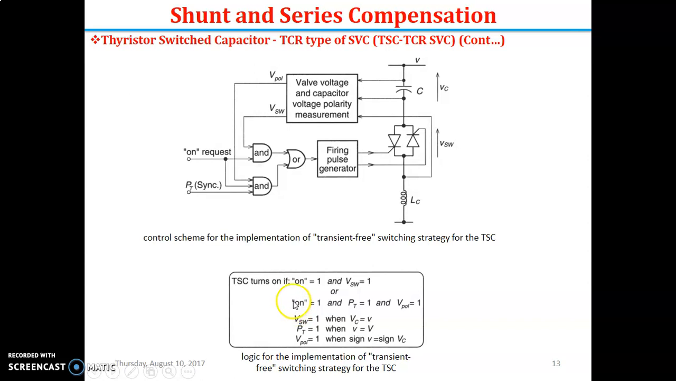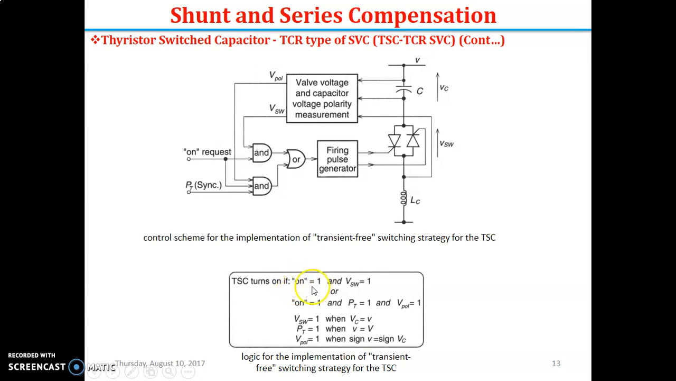So these are the two conditions. If you have an on request, then you require synchronization with Pt, and V pole equal to 1. So these two conditions should be satisfied along with the on request. And in the second case, you will give a triggering pulse when your VSW, the voltage across the switch, is equal to 0, that is the condition VSW is equal to 1, and you should also give the on request to turn on the